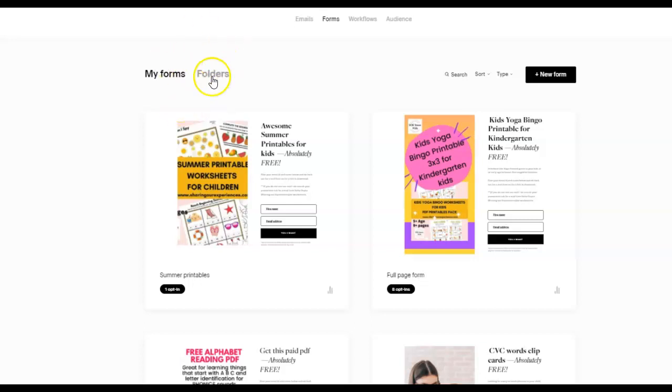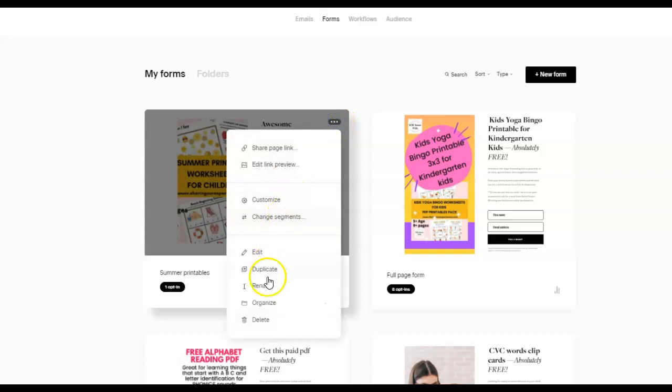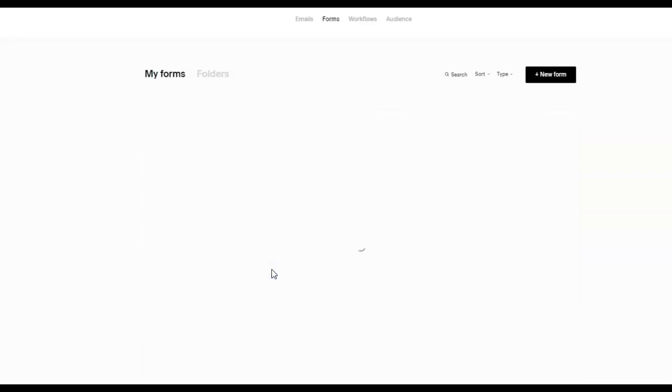So you have to log into Flodesk and you will see these 4 tabs at the top. We have to create a form. So I'm going to form. And then you can either go to new form. For me, I'm going to duplicate an existing one. Okay, so I'll click on this and I will say duplicate,